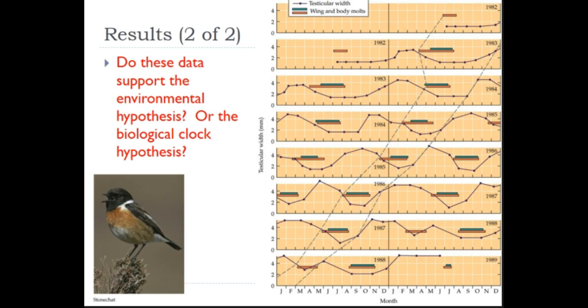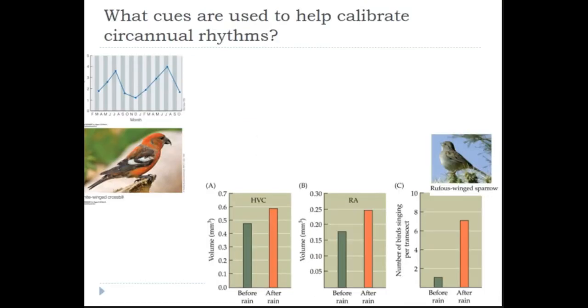So, I mean, I think there's still argument here for a circannual rhythm, but then clearly, again, this individual is no longer doing it at the same time every year like it normally would, so there's an environmental component as well. There must be, because they need to entrain these rhythms. Okay, so what then are they using to entrain these rhythms? What are the cues that, I mean, these are two examples with the chipmunks and with the stone chats where they have no cues. So what kinds of cues are able to entrain these kinds of rhythms?